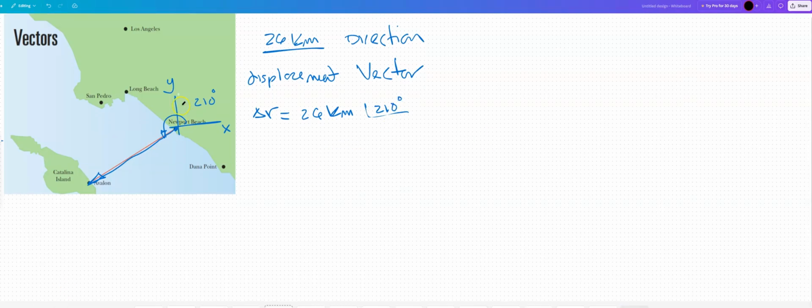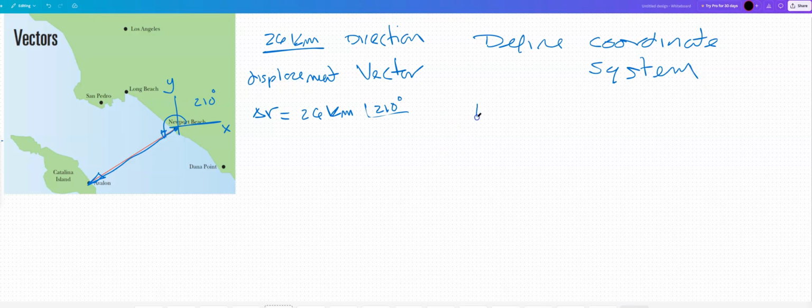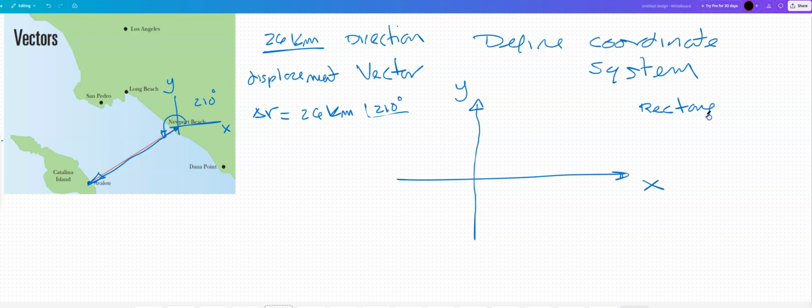When dealing with vectors, as you saw right now, the first thing we have to do is define a coordinate system. The usual way to do this is to have a vertical line and a horizontal line. This is the x-axis and this is the y-axis. So there are two ways to define the position in space. One is called the rectangular coordinates, in which you, for instance, say, oh, well, I'm here,